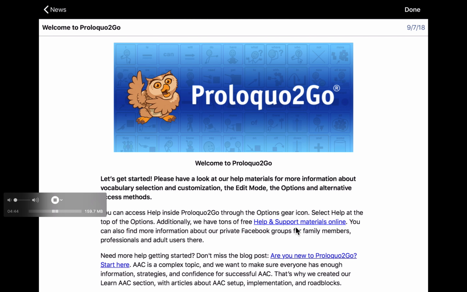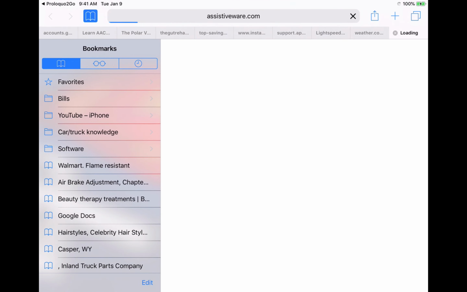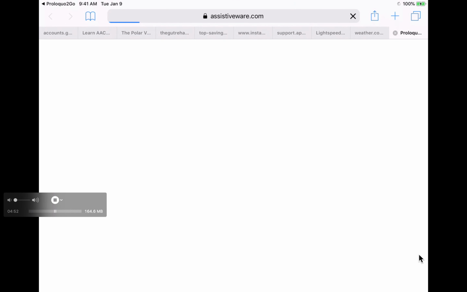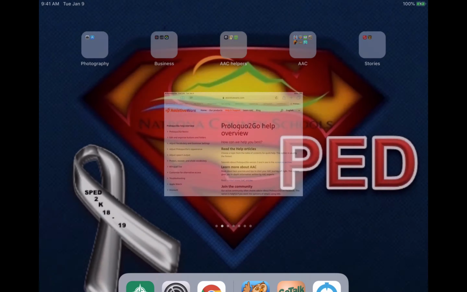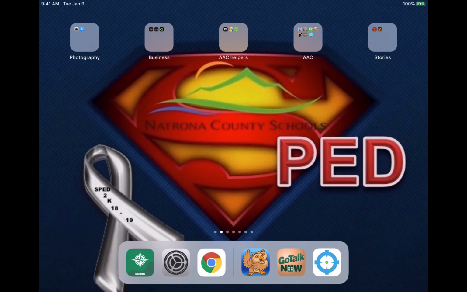And then right here, if you have internet access and you select help and support materials, this is a link that it takes you to. You can also access this from any browser on your phone, tablet, or your computer, and it's assistiveware.com. So that's a pretty neat feature that's directly in there, because you could see